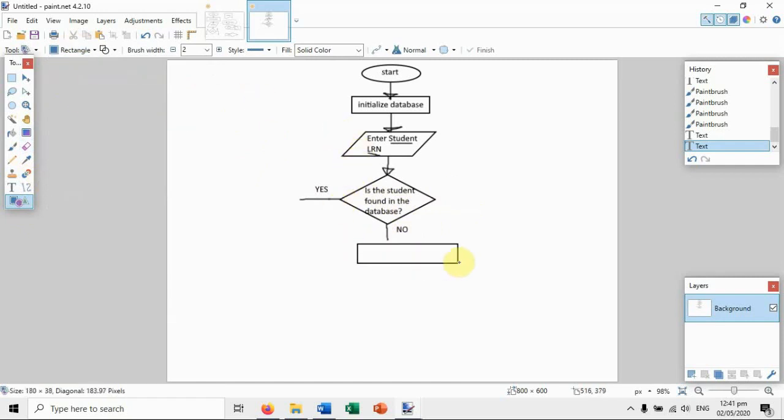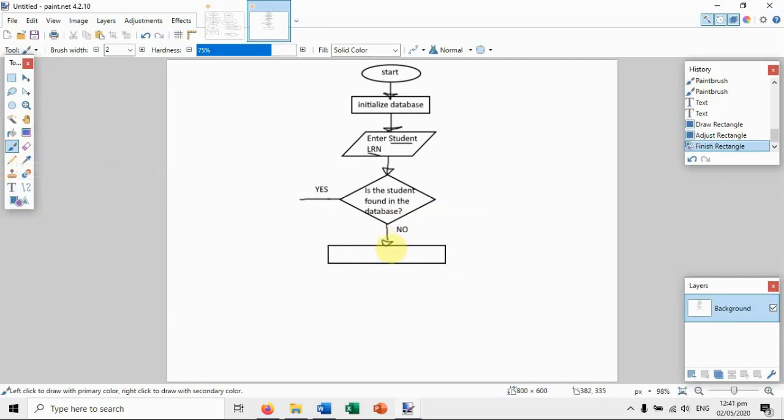Let's add the process here. Let's make it a bit longer. There we go. And then let us complete our arrow. Okay, so for our process, we have found that our student is not in the database, so what we